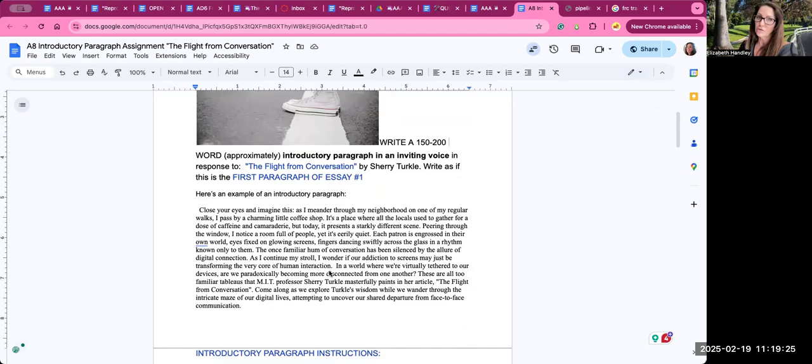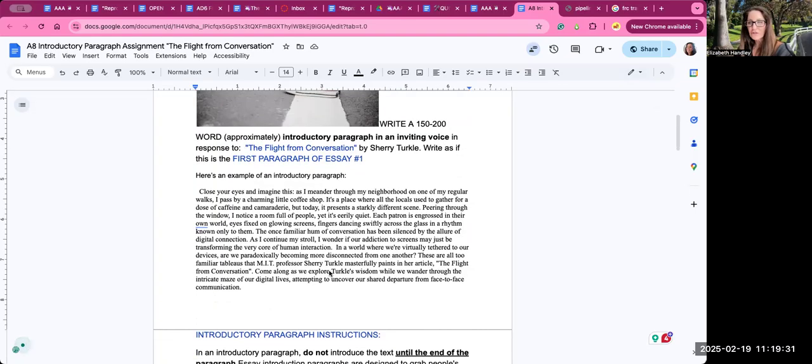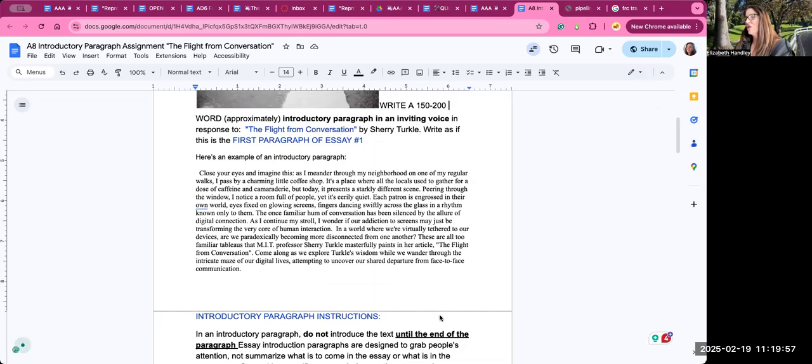If I was a student still, which I guess I kind of am in my way, I would definitely look at the example, and you'll see how it's kind of whimsical, there's a portrait painted, it's pondering, and it stays on the images and the topic. And then you will see that the article is introduced at the end. So remember, the first paragraph is to give us something fun to think about or to imagine through the use of detailed, concrete imagery or imaginings.